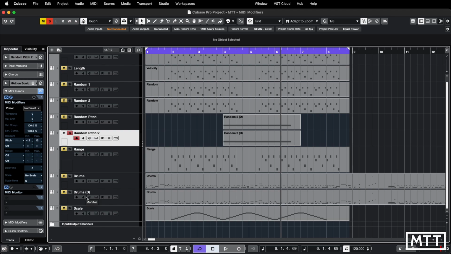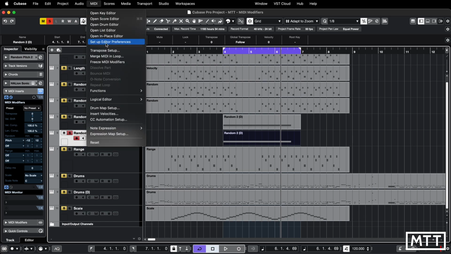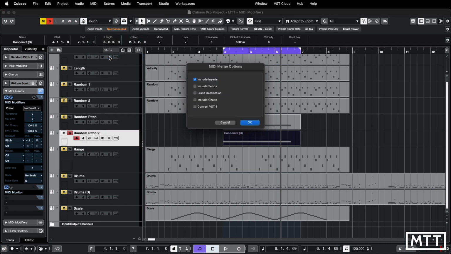So that's useful. Secondly, set your locators with the king of all shortcuts, P. So now we've got it set around there. Once you've done those 2 steps, you're only a step away from being able to see the randomness applied. So you go to MIDI and then go to Merge MIDI and Loop. A new window will appear. Just make sure Include Inserts is ticked. We don't want any of the rest, but this is the default, so you should be okay,